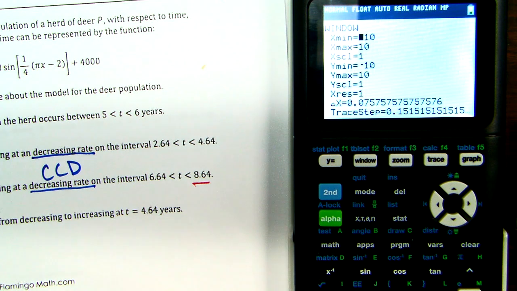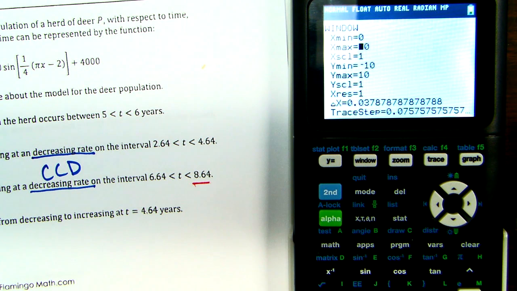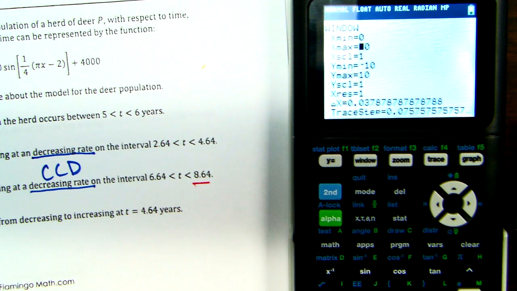Okay, I don't really care about anything past that, because I'm not evaluating. The graph could be going up and down for a really long time. I don't know. But I don't want to worry about any other parts of the graph, because we're talking about minimums. There could be a bunch of minimums. We just want the minimum in this amount of x values. Okay, and then